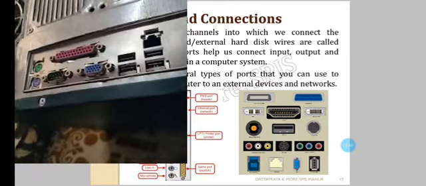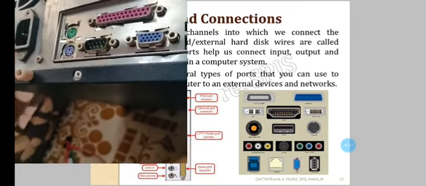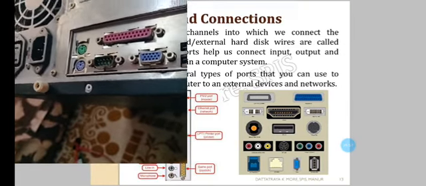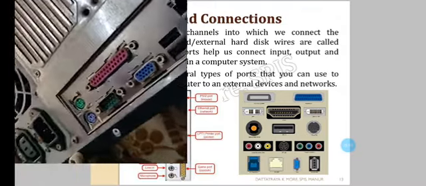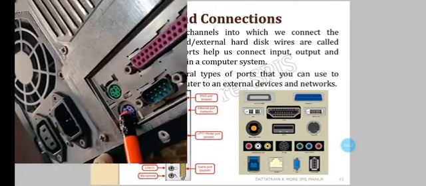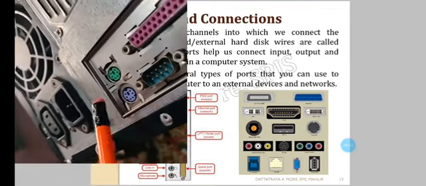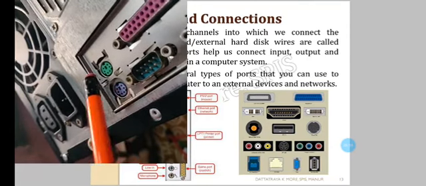My dear students, now just see these two devices. I'll take something to explain to you. Now see, this one is for keyboard, this is for mouse, PS2 type of keyboard and mouse.